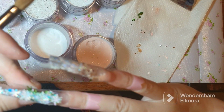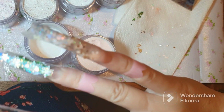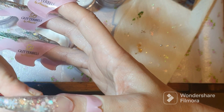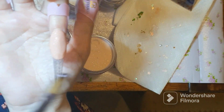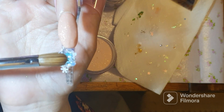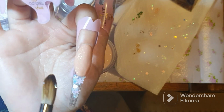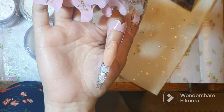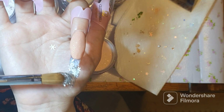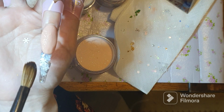Oh jeez, what a mess. I don't know if the shape's gonna keep. I can file all that off later. What a mess. Jesus Christ. I think the thumb's probably gonna be the only decent one. I'm not even gonna file that. I'll just go straight over it with glitters. It's pretty straight to me. I don't know why I need to file it. Looks pretty good to me. Really like that. It's got the rings and